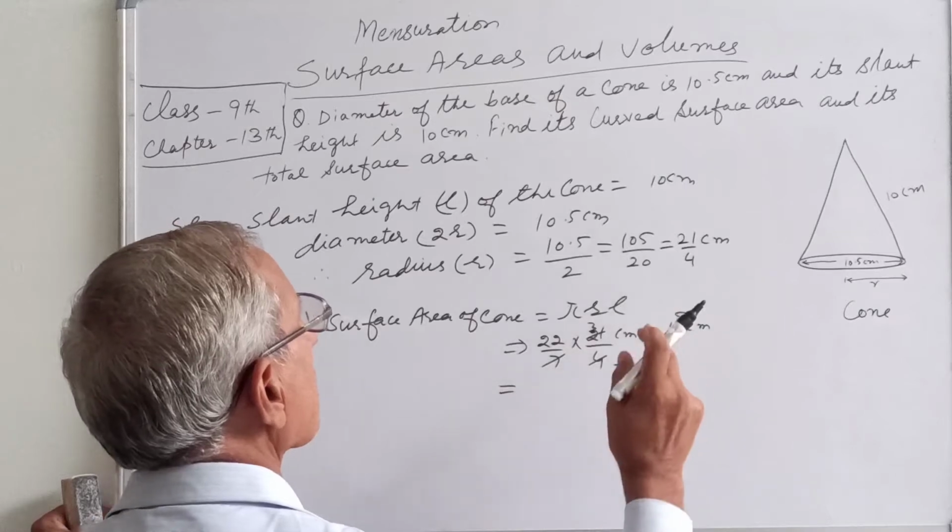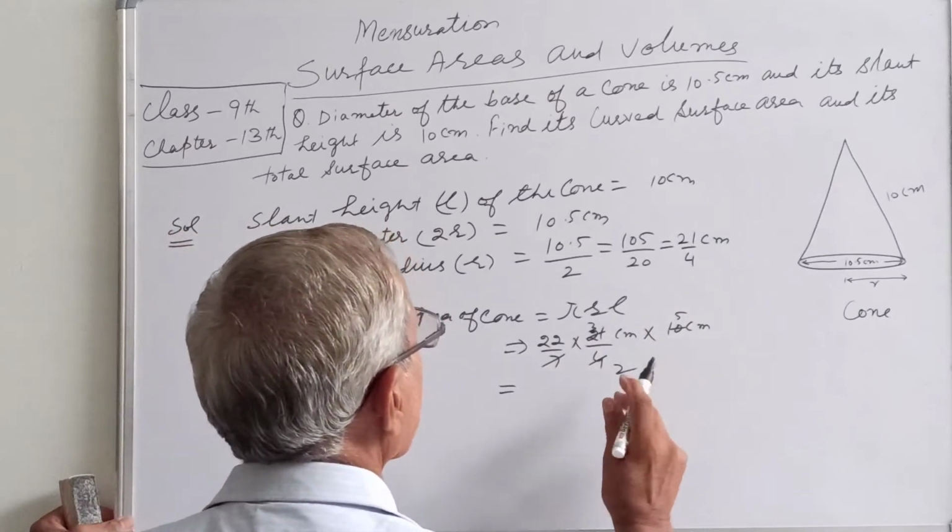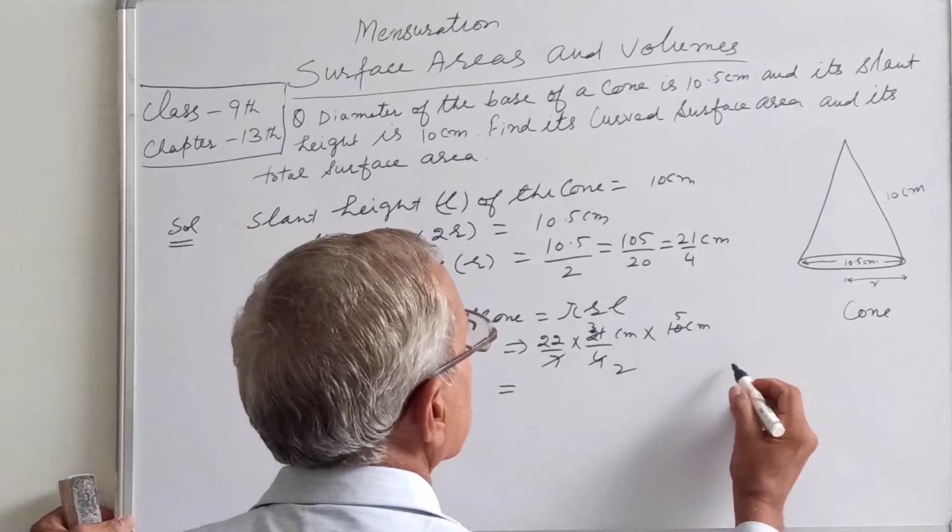Multiplied by 3, multiplied by 5 divided by 2, that is,